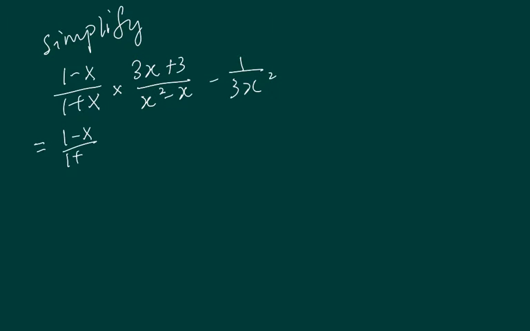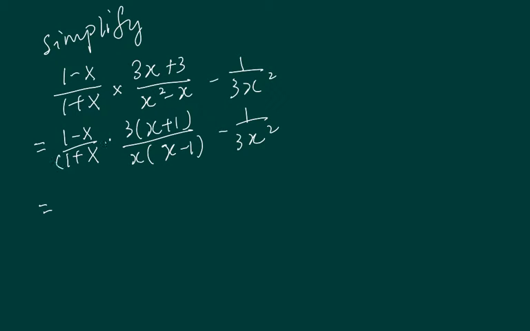So first of all, this one I leave it here, and take out 3 as a common factor. Take out x as the common factor. So this is the first step. Next step, you can cross out if the thing is directly the same as each other. So these two can cross it out. These two